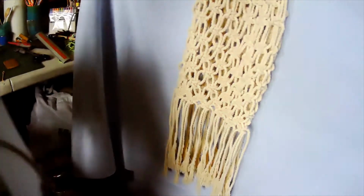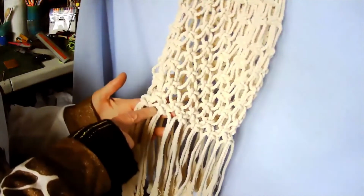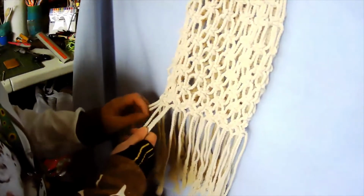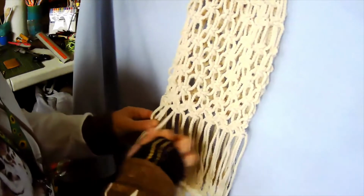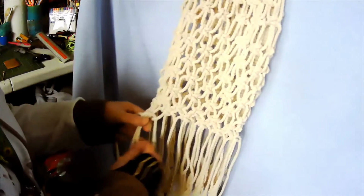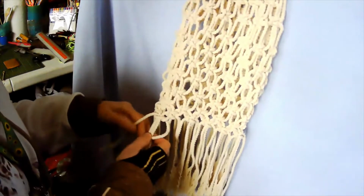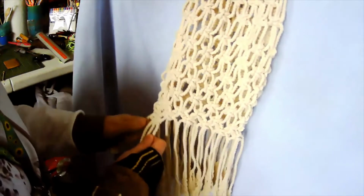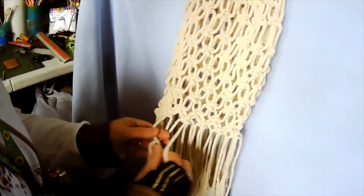Right, we've just completed the row of square knots that's tight against the previous row, and we're going to tie one more complete row of square knots that again is tight. We don't want stuff falling out the bottom of our bags, basically, do we? So if you go around and form all of those nice and tightly